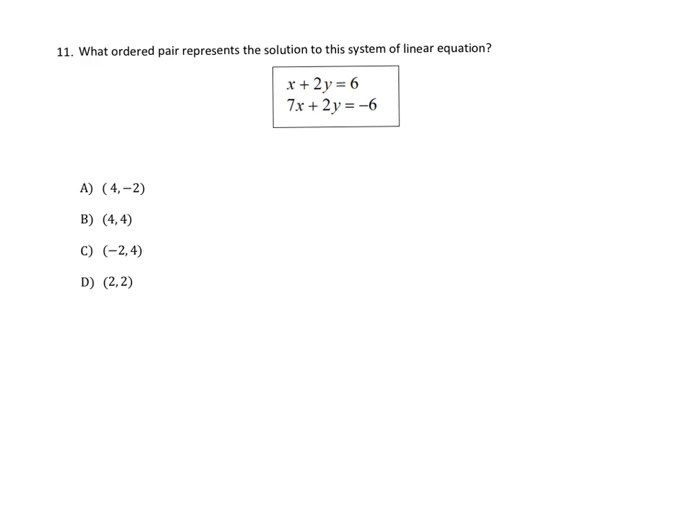x plus 2y equals 6. That's the first equation. And the second equation is 7x plus 2y equals -6. Now, if you look at them further, you notice that 2y and 2y are exactly the same. So we can